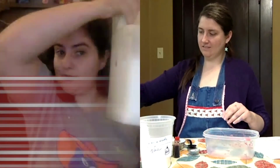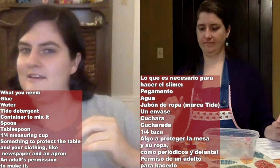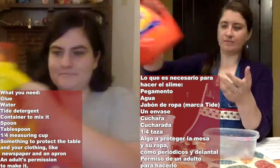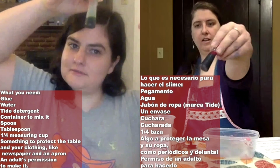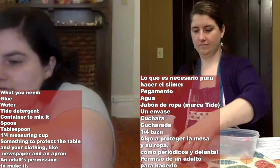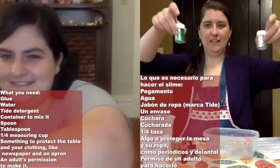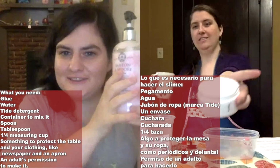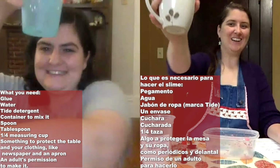So this recipe takes glue, pegamento, Tide detergent, jabón de la ropa, food coloring, colorante alimento, glitter, brillantina, hand lotion, loción de las manos, water, agua,